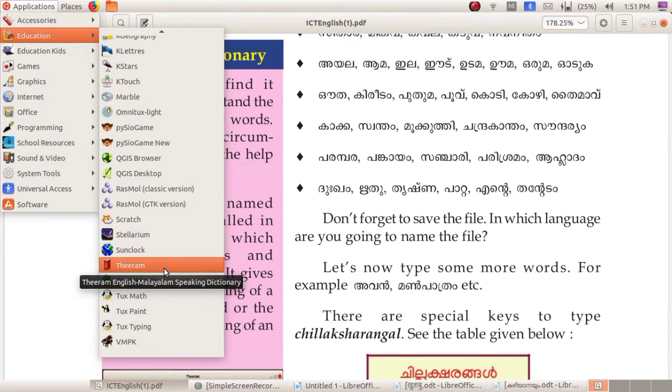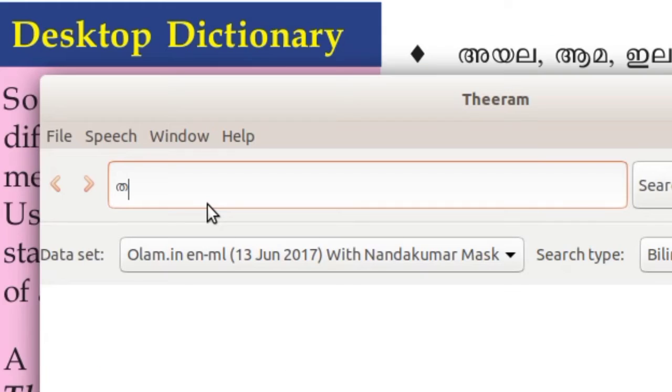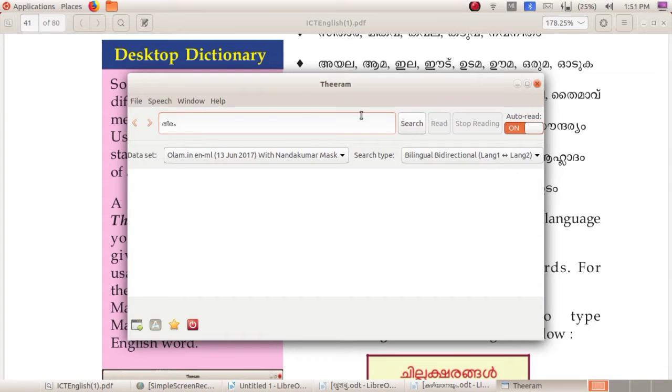Theeram English Malayalam Speaking Dictionary. What is the specialty? It is the speaking dictionary. In this box you can type any words. Now I am typing a word in Malayalam. After typing the word, you can select the search button. Bank, border, bound, spring, coast, edge, littoral, seaboard, shore, side, strand.